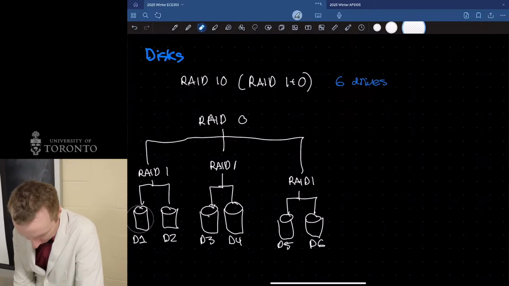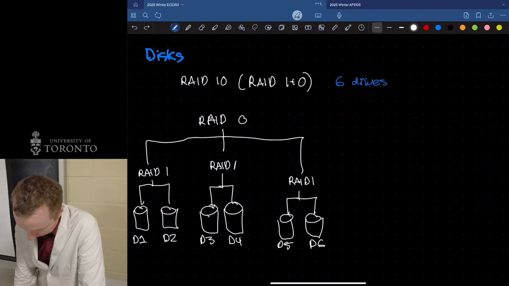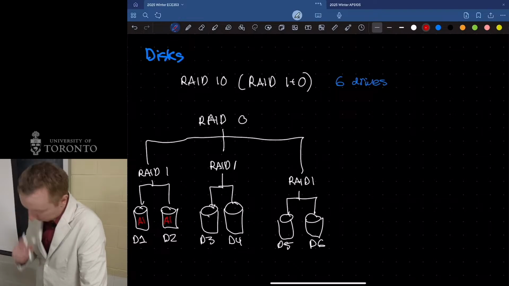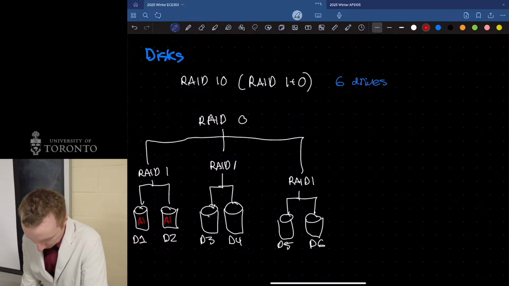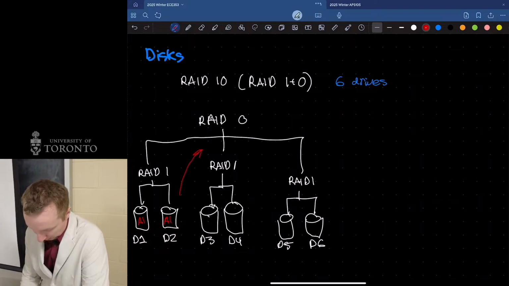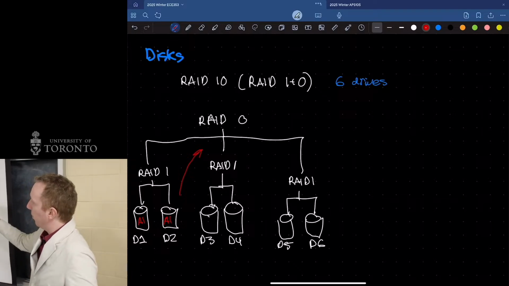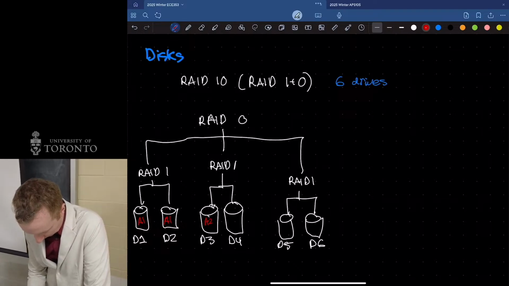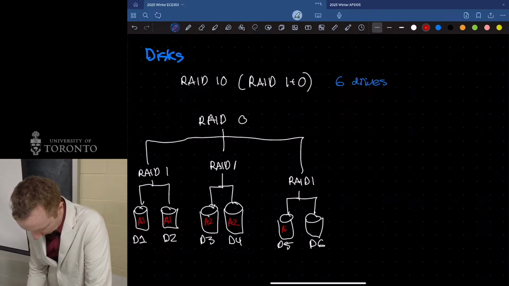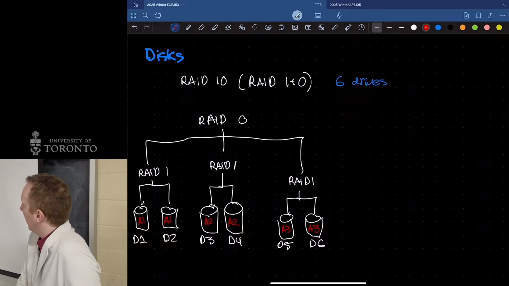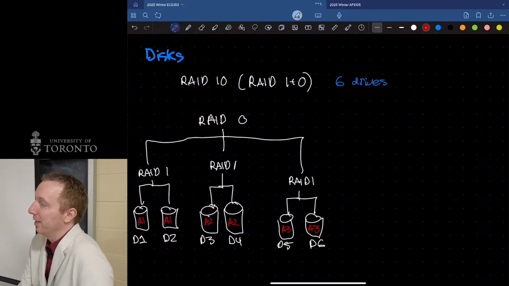To put numbers on it, if I have a bit of information, let's say A1, these two are mirrors of each other, so they would both have A1 on them. Then my outer level is striped at the top, so that big A file would be split over a whole bunch of different pairs of RAID 1s. So this would be A2, A2, and this would be A3 and A3. So how many disks can I lose without losing data?